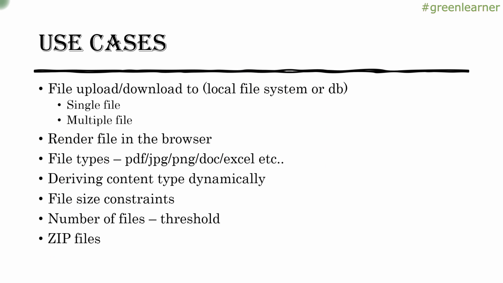So these are the use cases that I am going to cover: file upload and download. The local file system is going to come into the picture in the first one. Then we will be discussing the DB. Local file system means where the application is running. If it is my local laptop, the file will be uploaded into a folder on the local system, and when you download it, the system will read it from that folder and it will be downloaded into your system.